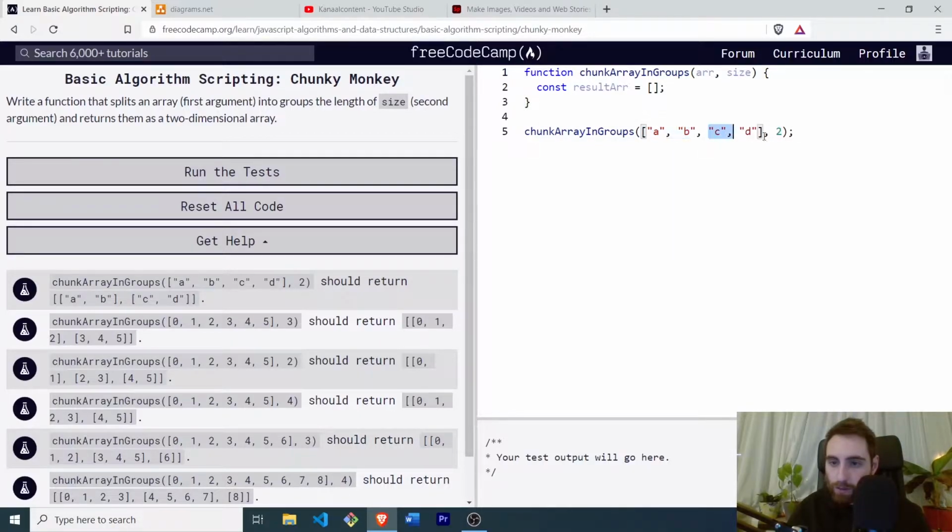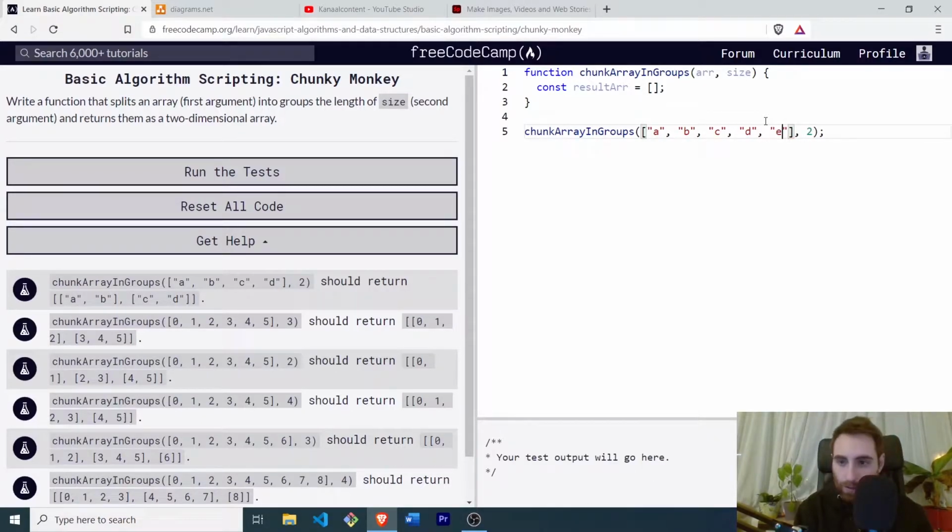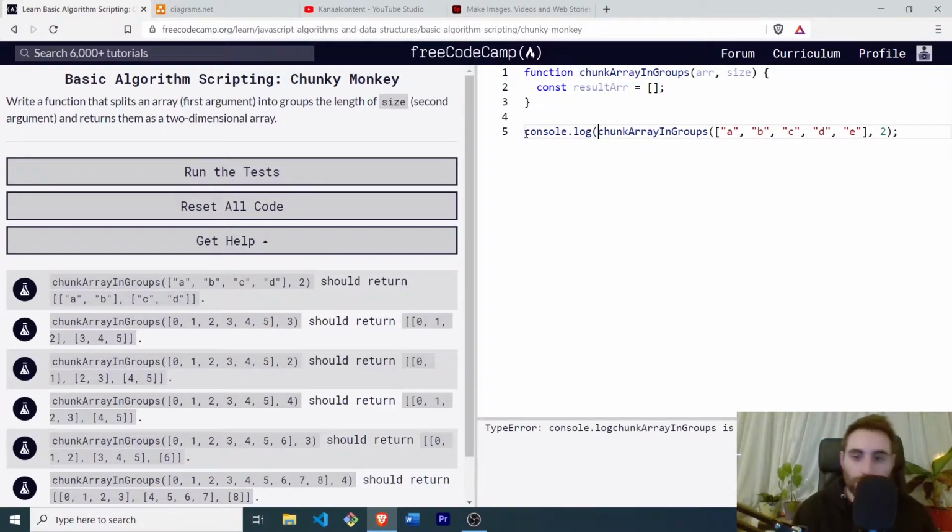So 2 and 2, but it might also be that we have an odd number. So what we would do there is we would just chunk this even if it's size of 1 and just put it in the result array. Okay, so we are gonna console.log to see how it's going,